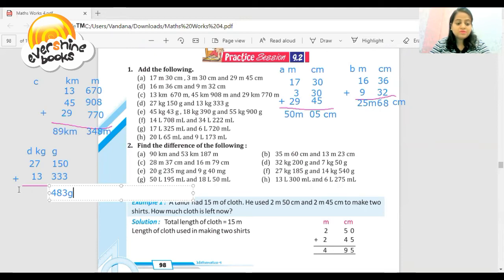Now your answer is here 40. Okay, 7 plus 3 is 10. Carry over one digit and you will get 40 answer. 40 is your kilogram. Okay, got it? So students, these are your remaining sums you have to do in your notebook. It's very easy. First, look at the digit in kilogram or liter form. Okay, in kilometer form. Then after, look at the digit and write section wise. Centimeter, meter, gram, milliliter. Okay, very good.